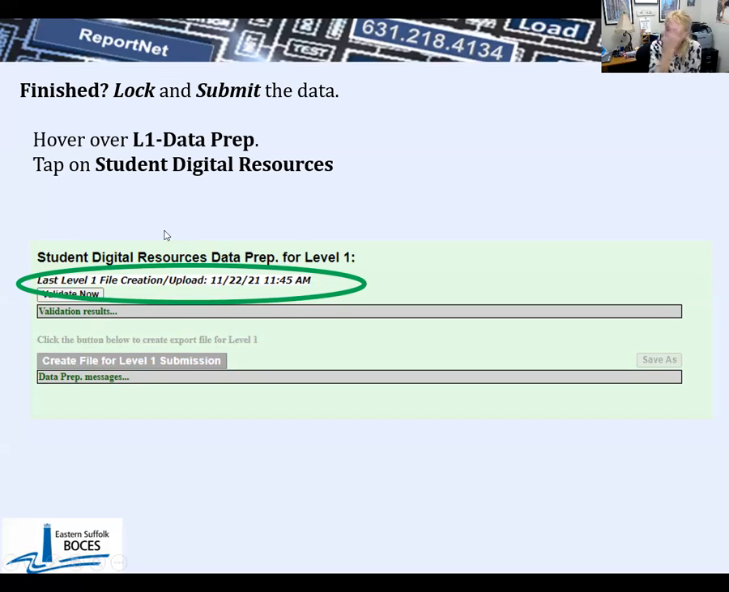The next couple pieces are true for every L1 data prep process. Let's say you come up here and the information is in a white color. In this particular instance, it's showing me that I've completed that L1 data prep process back on 11/22 at 11:45 a.m. Okay, great. I don't need to lock it again. When you come here for the first time, there'll be no message there. And then you'll do the validate now. It's another level of error check. And then you must